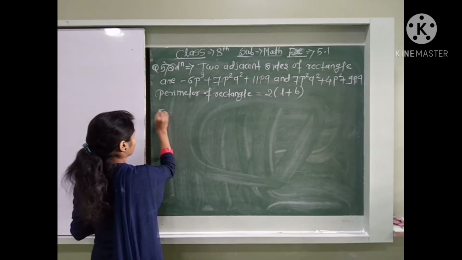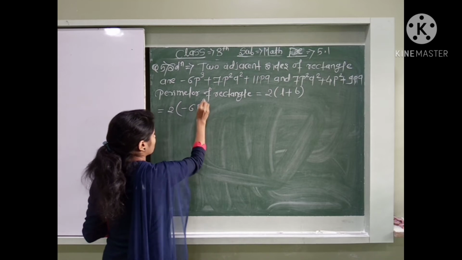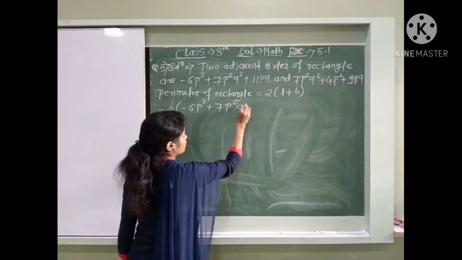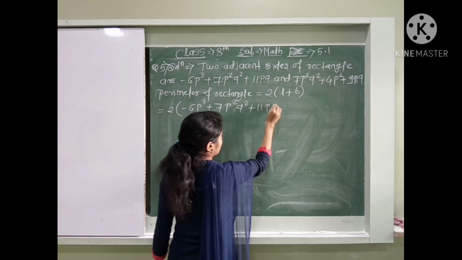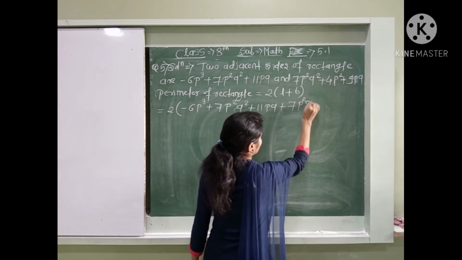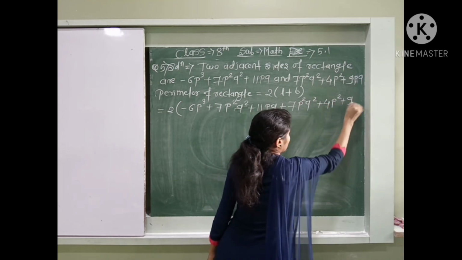So put the values. 2 multiplied by, first the length, minus 6p cube plus 7p square q square plus 11p cube, plus the breadth, p square q square plus 4p square plus